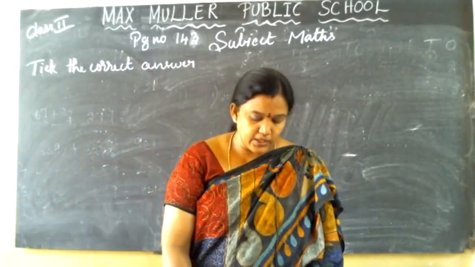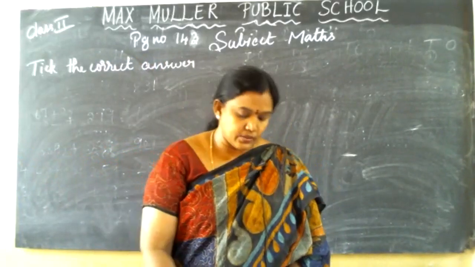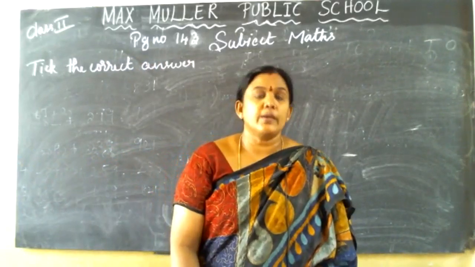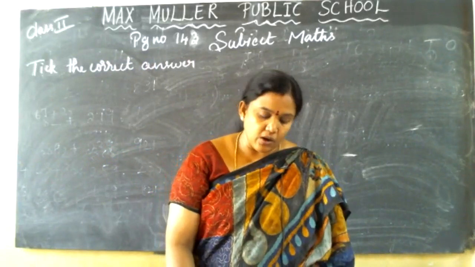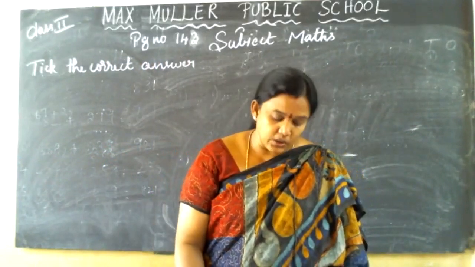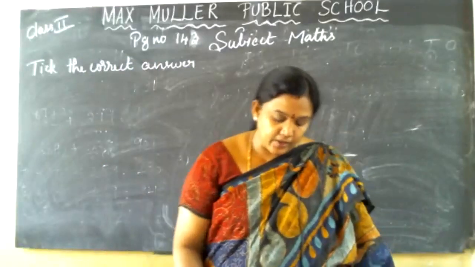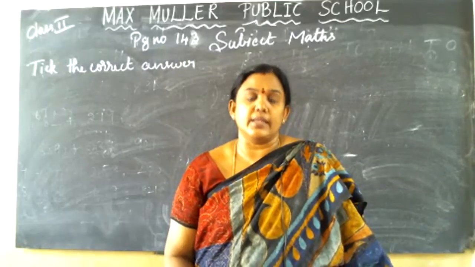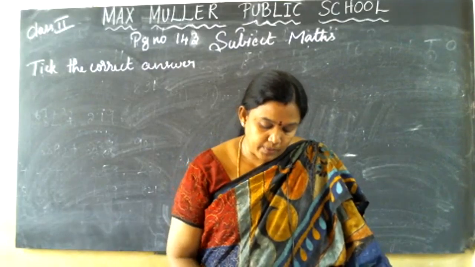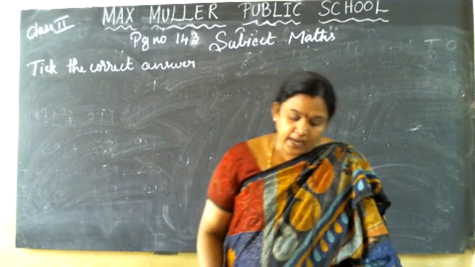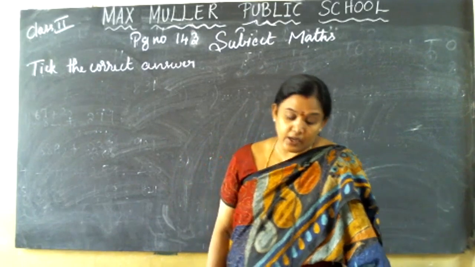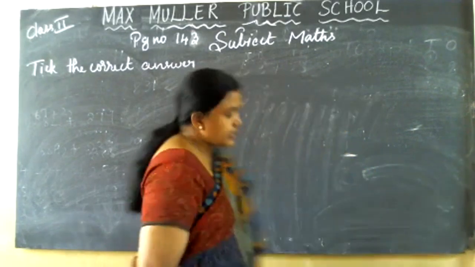528 children went to the zoo in the morning. How many children went to the zoo? 528 children. 45 boys and 62 girls joined them in the afternoon. How many children were at the zoo altogether? Now listen once again, I will repeat. 528 children went to the zoo in the morning. 45 boys and 62 girls joined them in the afternoon. How many children were at the zoo altogether? The options are 802, 650, 723, 635. If we add these three numbers, which number will we get?